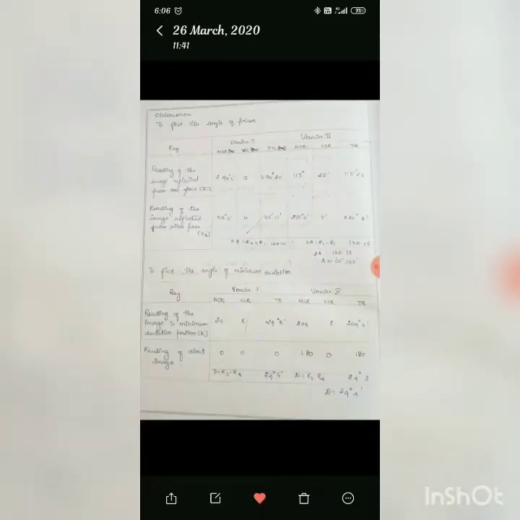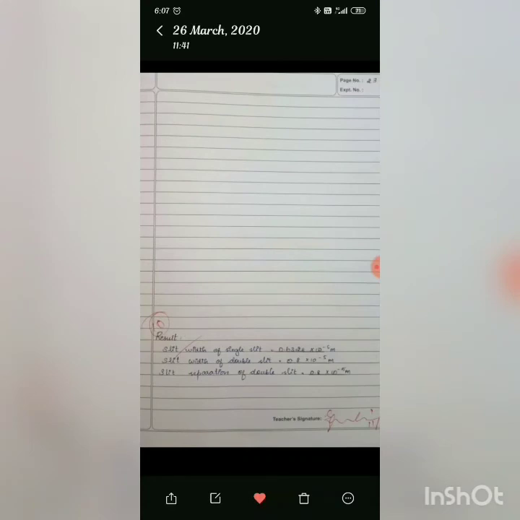Some readings for tables 1 and 2. For the angle of prism, we should take the reading of the image reflected from one face and the image reflected from the other face. Here are the readings. To find the angle of minimum deviation, we should take the reading of the deviated image and the direct ray. Now by calculating we get